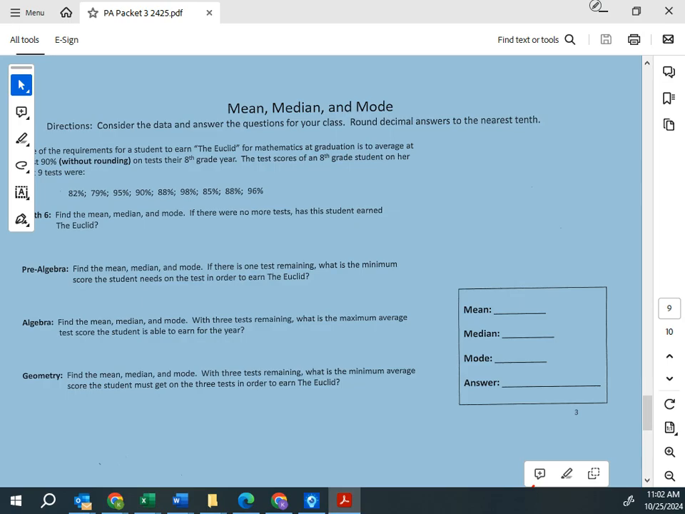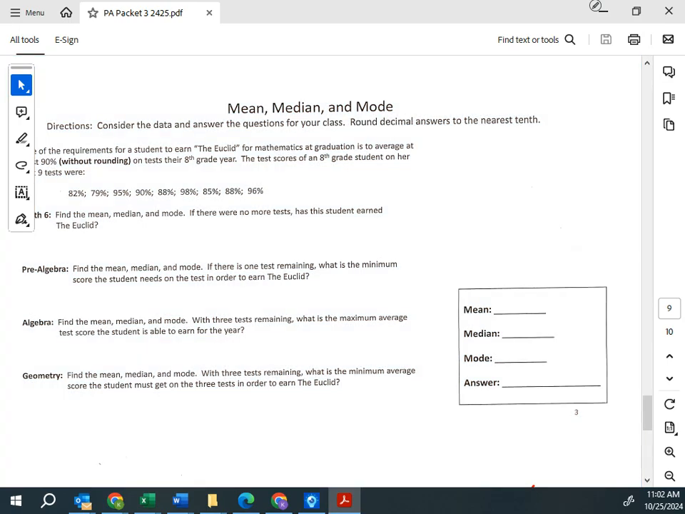Mean, median, and mode, but this time we have a question. So we do have to put something in the answer. It says,